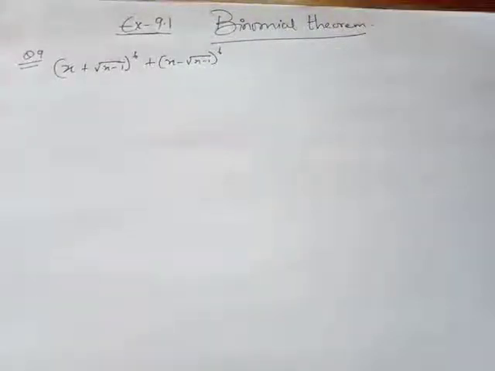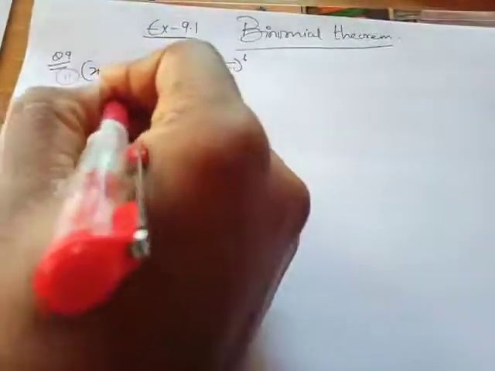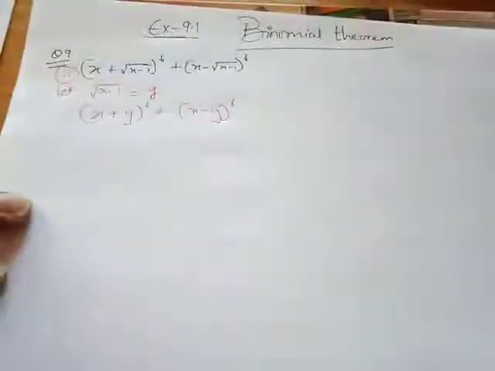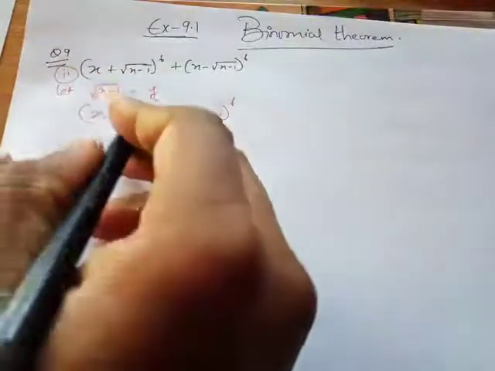Question number 9, this is the second part that I have written down, and I'll help you guys with how to do this question. The very basic thing you'll do is let x minus root x minus 1 be y. So if I just make this question again, it is (x plus y) plus (x minus y) to the power 6. Now this is a totally new question for me, and what I'm going to do now is put the formula for this term, that is